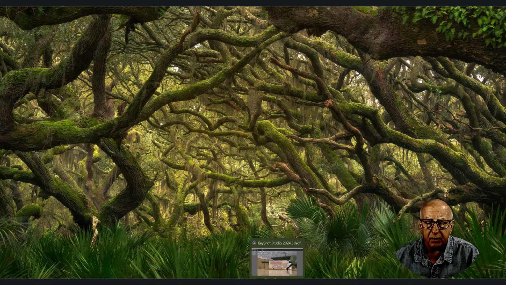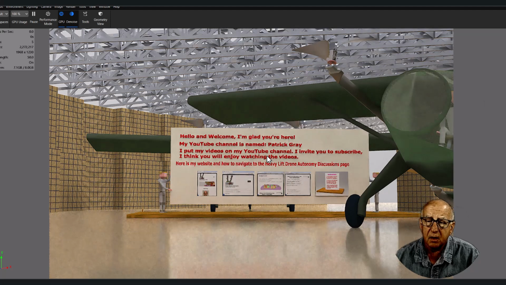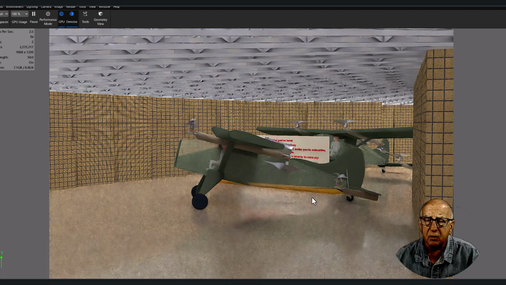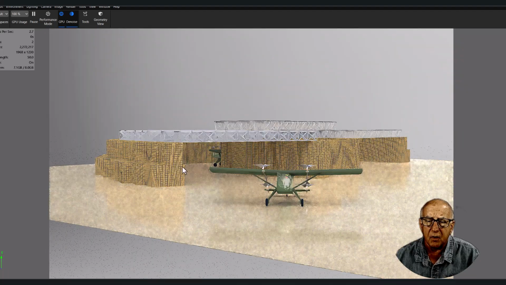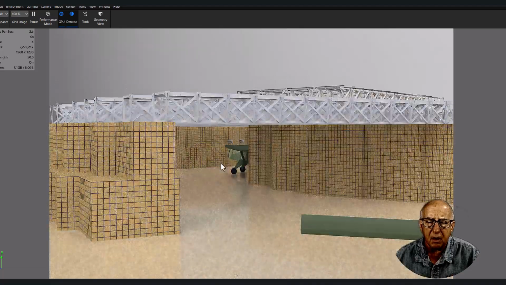All right, and what we're doing is just recording along. I have gotten here inside this hangar. I asked some of the guys to put a poster in there for me so I could talk about these topics.